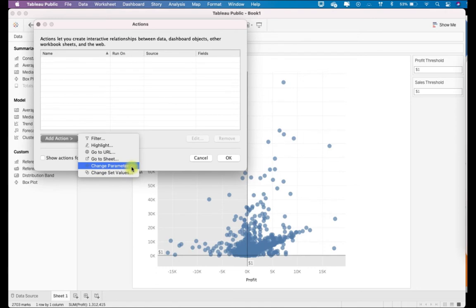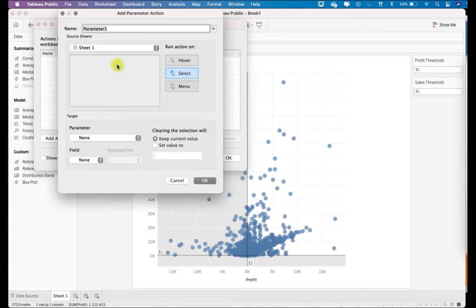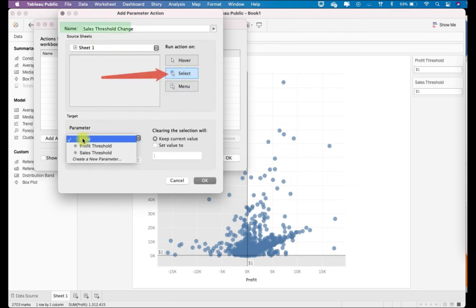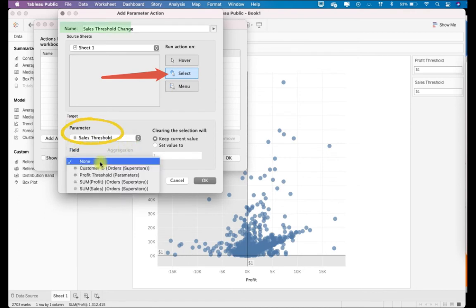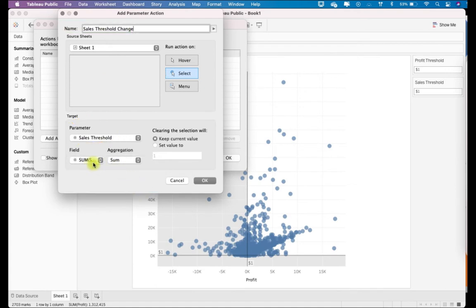So just click on this change parameter, and now you will name it as, let's say, sales threshold change maybe, and this is sheet 1. And when I select, then what should happen? Sales threshold parameter should change, and the field is sum of sales, right? This is sales related, so sum of sales should change.